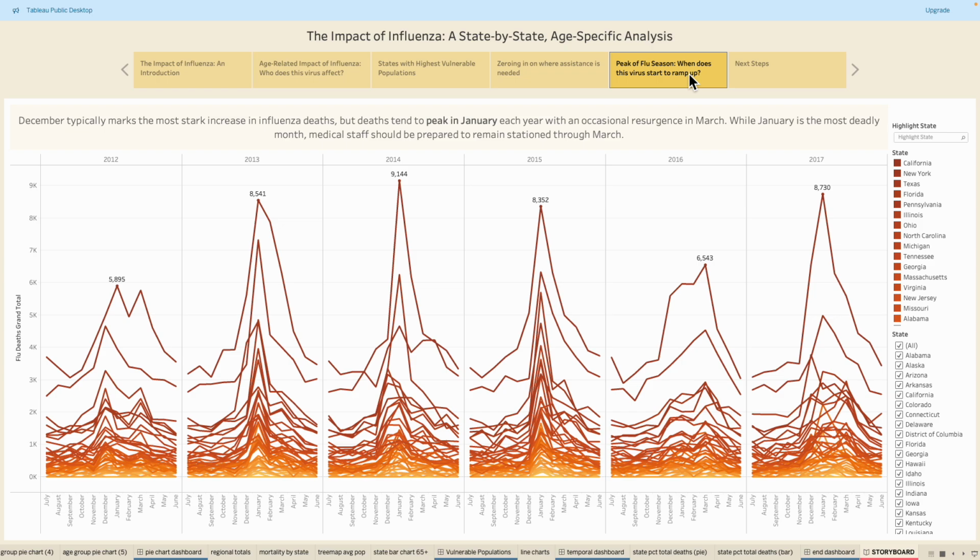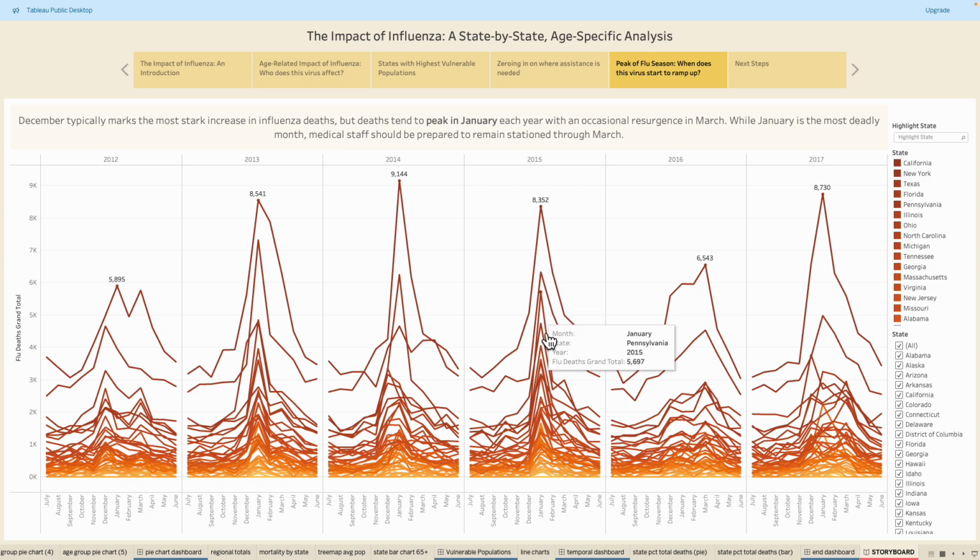I want to turn now to look at when we should be deploying our staffing. So what we're looking at here is the total deaths, by month, from 2012 to 2017. And what we see in most of these calendar years is that in January, that's going to be when total deaths peak. Now this is showing a line for each state,